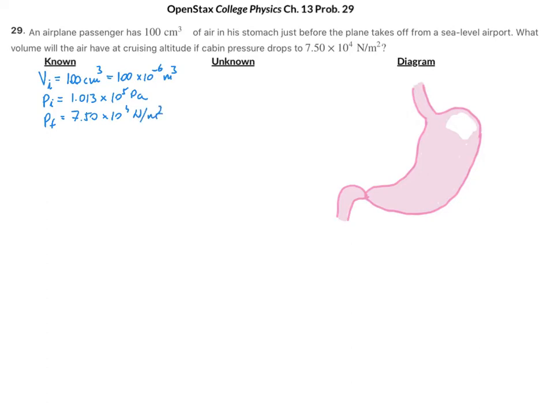Now, we know that the person's body temperature doesn't change from sea level to cruising altitude, so the temperature is going to be the same at both locations. So I'm going to say T initial is T final. We're looking for the final volume of this air bubble. So here I have the stomach, here's the air bubble, and then we'll want to know how much that volume